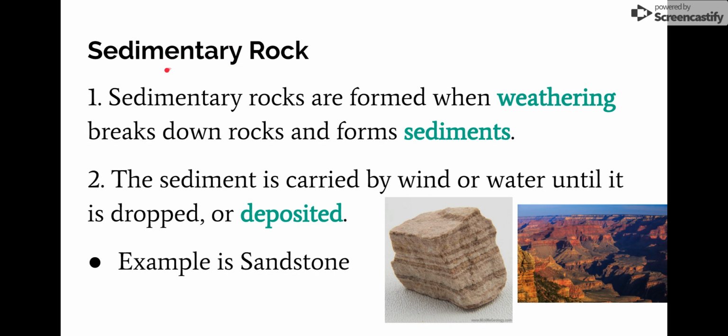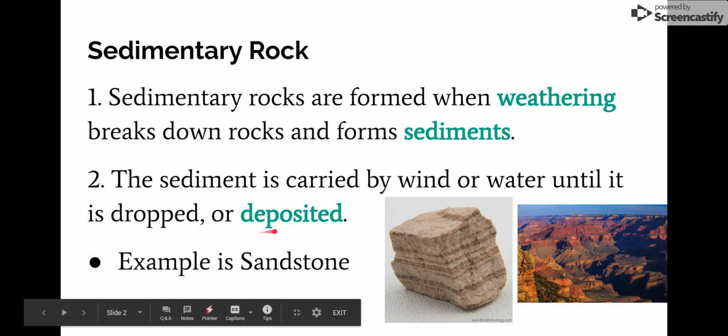Sedimentary rock. Remember we talked about the key word. It sounds like settle, so things are settling down. Sedimentary rocks are formed when weathering breaks down rocks and forms sediments. So some key words there that we need to know. Anytime we see those, we're automatically talking about sedimentary rock. The sediment is carried by wind or water until it is dropped or deposited. So another keyword that we need to keep in mind. An example of this is sandstone, and we see a lot of this out in the Grand Canyons out in